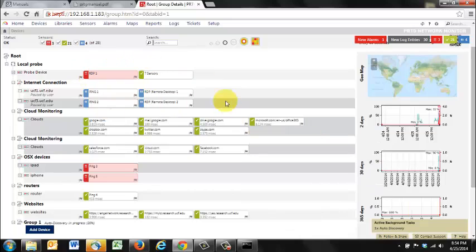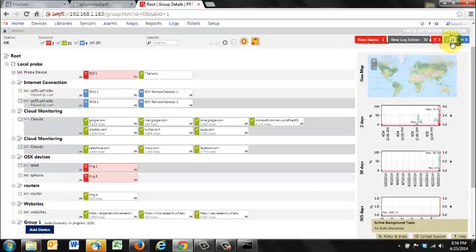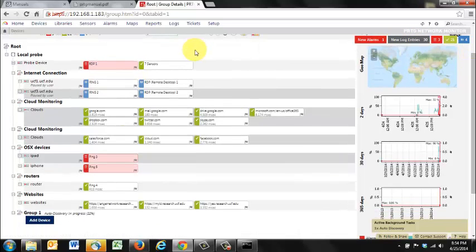So let's look at what some of these sensors for these devices are saying. On the top right side of the screen, you can see some status of the different sensors. There are 4 sensors that have been paused. There are 21 sensors that are showing the status of OK and they're up and running. There are 3 sensors that are down, and there is also 1 alarm. So let's look at